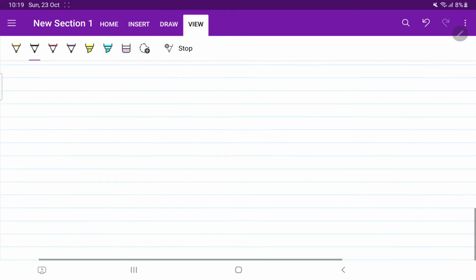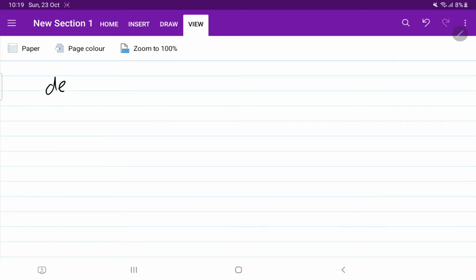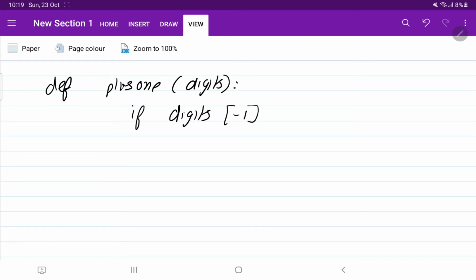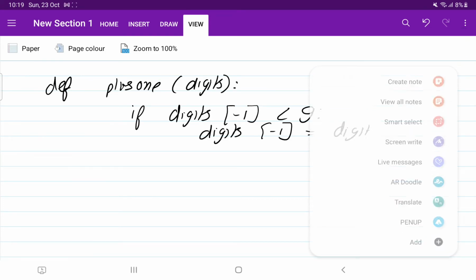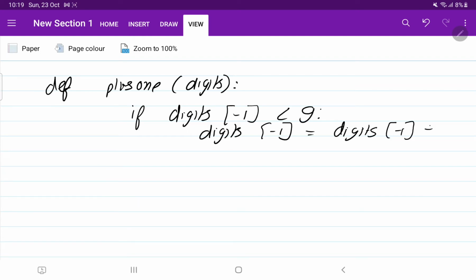Okay, so in the last solution, we need to define an if-else condition. So I am again going to write +1, which is going to take input digits, and here I am going to apply the condition that if digits of -1, so -1 will tell you the last digit, is less than 9, we can handle directly: digits of -1 equal to digits of -1 plus 1.